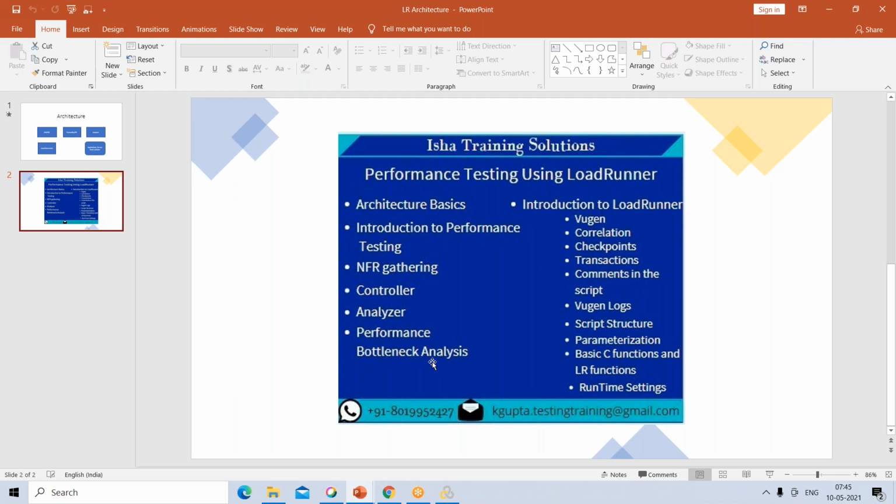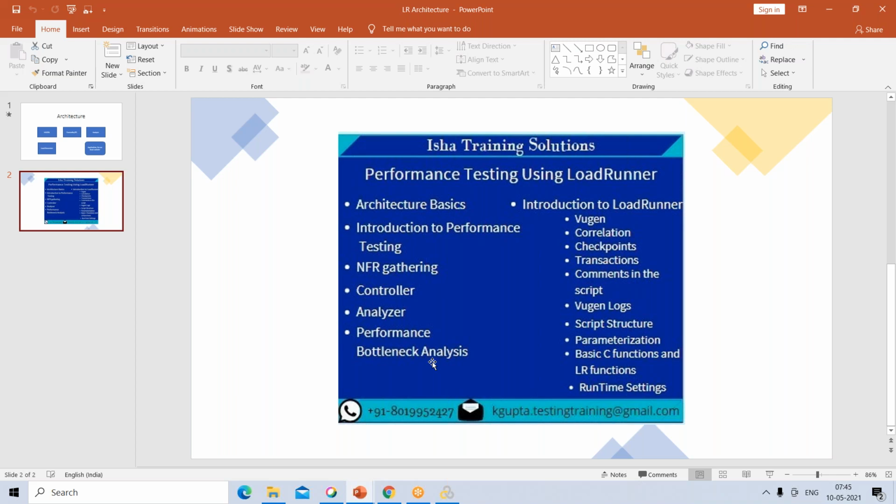If the application has crashed, how do we analyze or detect where it went wrong? All these different types of issues we'll be discussing, with real-time examples and detailed explanation.